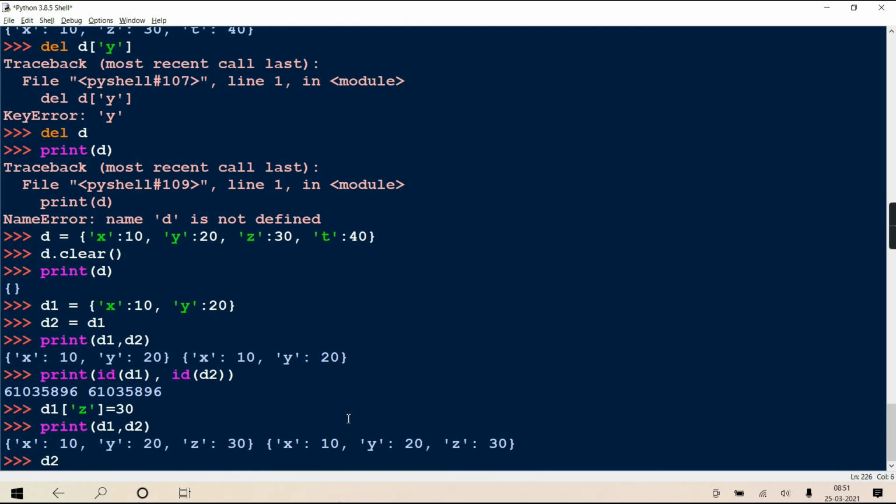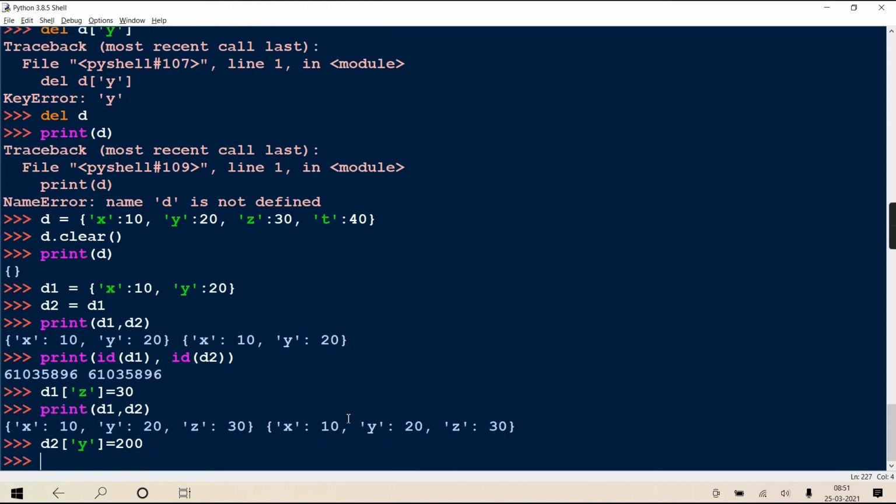Or if I write D2 of Y equal to 200, the Y value is changed to 200, but that is seen here also because they are not actually two different objects. They are just two references referring to the same memory.